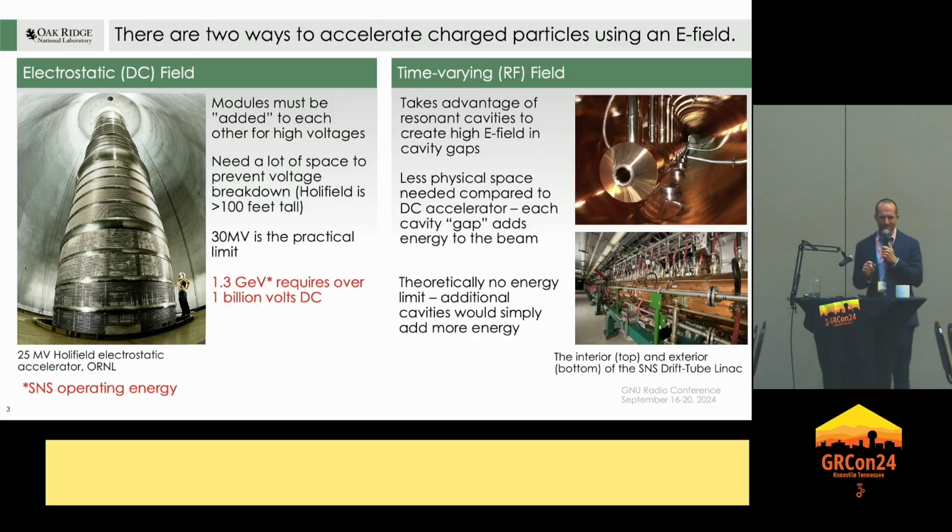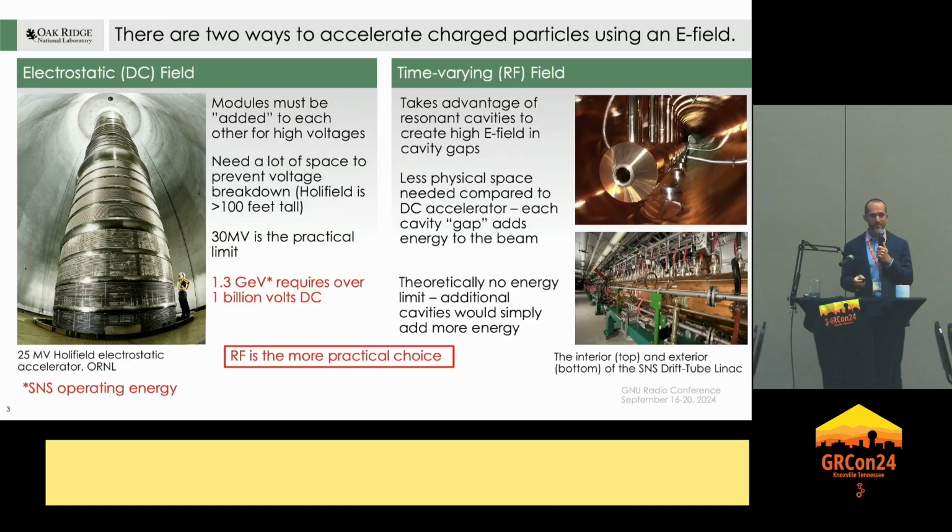And it's tough to tell from that picture, but what you see there are drift tubes, and in between each drift tube is a small gap. We're talking literally centimeters, and we can set up a very high electric field, and when the particles pass through that field, they gain energy. And so you can string a lot of these together in a really small amount of space and really get a lot of energy into a beam, and that's why we use RF instead of